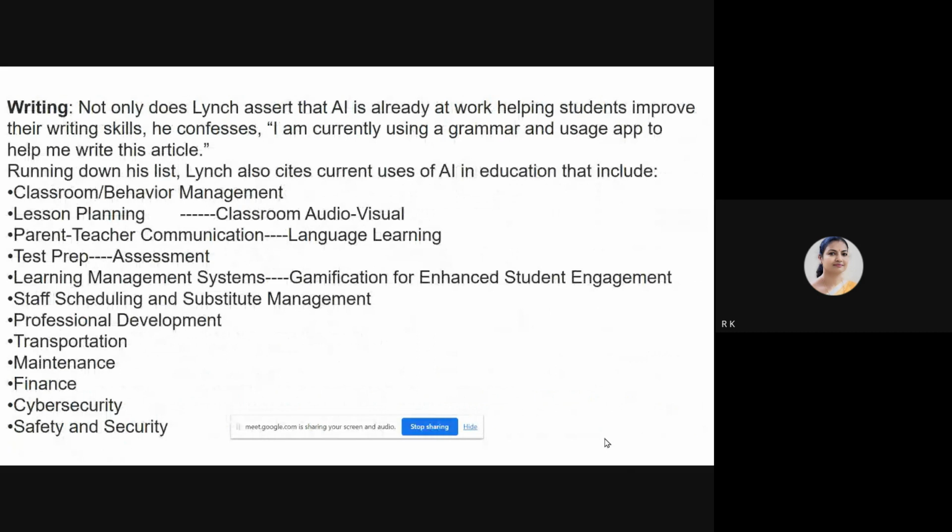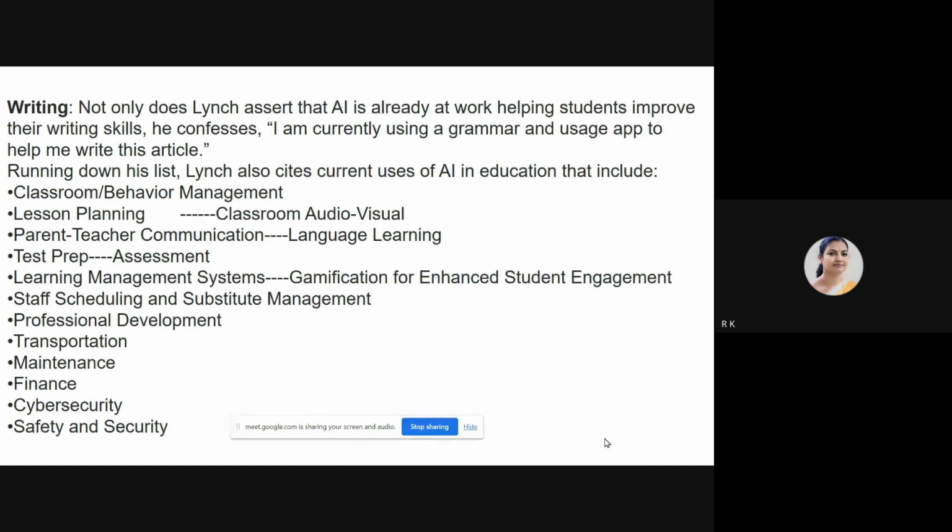Overall school management also improves, and writing skills especially. Can you see here, I have given that AI improves classroom and behavior management. When the students are screaming so much, you get a signal that okay, I need to rush to the class to ensure that students keep quiet, correct? Lesson planning too: how we can improve lesson planning one after the other, after every 4 sessions. I'll just show you mine. I also want to discuss that.